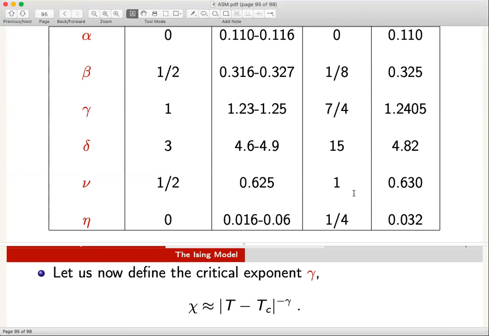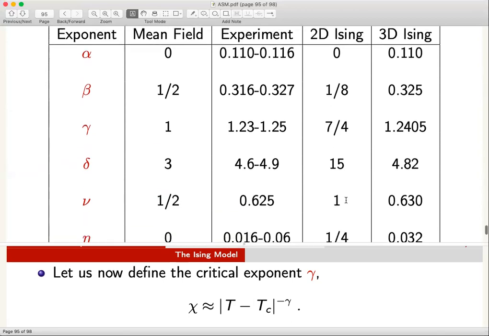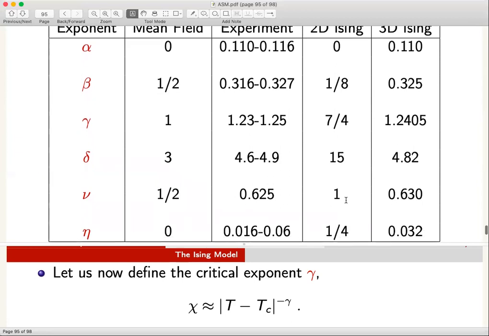Now, 2D Ising model results are not numerical simulation. The 2D Ising model is exactly solvable, and therefore these fractions are exact numbers in some sense. Whereas for these other numbers, I have not written down error bars here; there are computer simulation errors also. The 2D Ising model doesn't suffer from that, simply because it is an exactly soluble system. So we know these numbers pretty well, in fact.